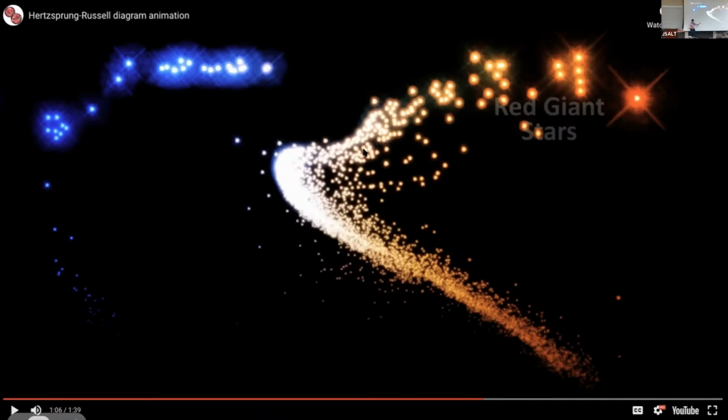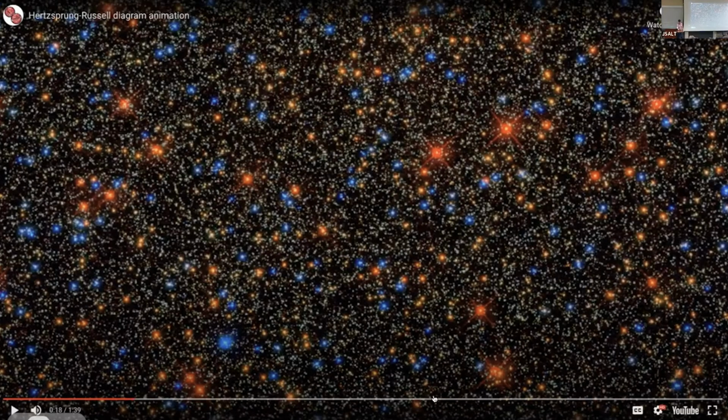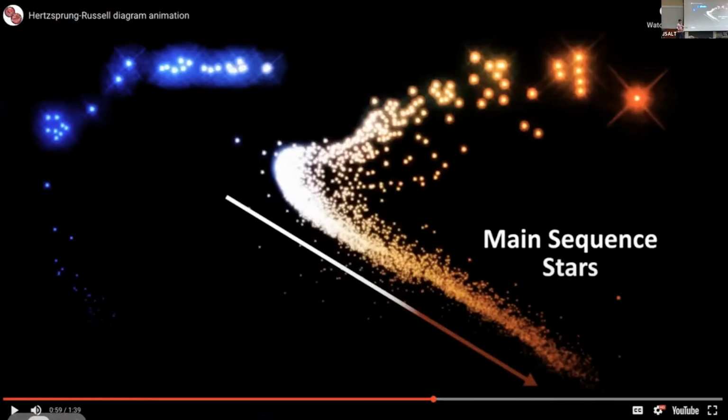And so redder colors often indicate cooler temperatures, and bluer colors often indicate hotter temperatures. And so what's happening here is that along the sequence, you're marching up in the mass of the stars. They're becoming more luminous, and they're also becoming more blue, or kind of white, intermediate here, along the main sequence.